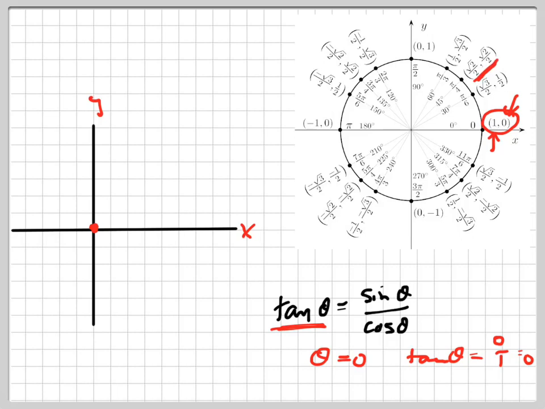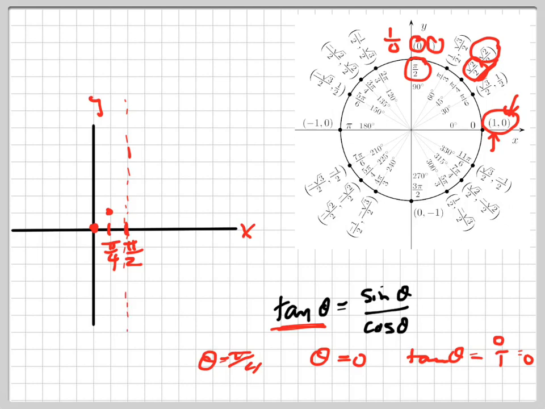When theta equals pi over 4, so here's pi over 4 right here, what's the tangent? What's that divided by that? It's 1. And when it's pi over 3, we're going to make this one right here pi over 2. Let's not even do pi over 3. When it's pi over 2, here's pi over 2 right here. What's 1 divided by 0? Undefined. It's undefined, and that's why your tangent graph